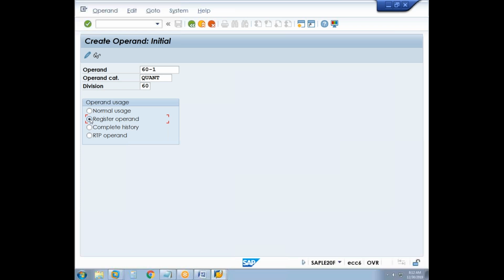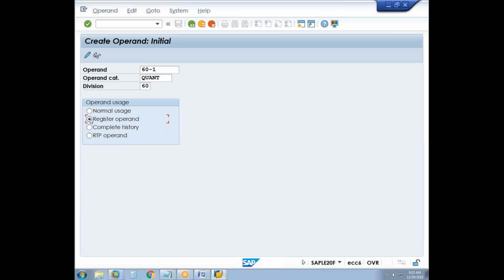But how will we come to know what is the consumption quantity? Based on the register, which is part of the meter. Every month when you do the meter reading, we are doing the reading of the particular register which is there in the meter. If it is a single rate meter, it will have only one register. So for that register output, we will define one operand. So 60-1, the value of this operand will come from the meter reading results you entered in the system